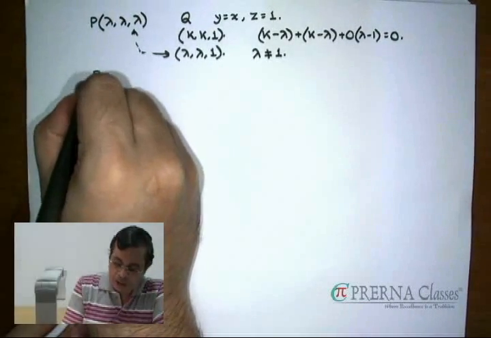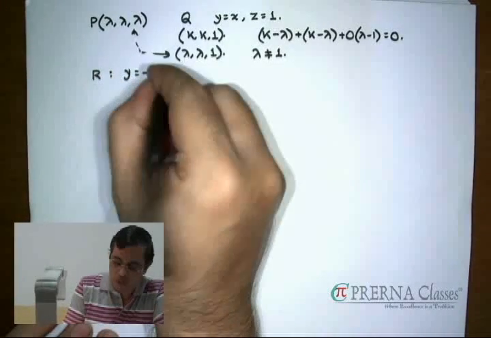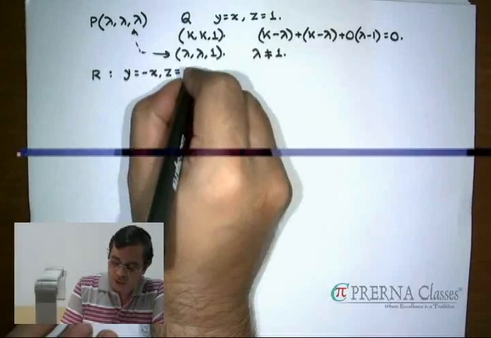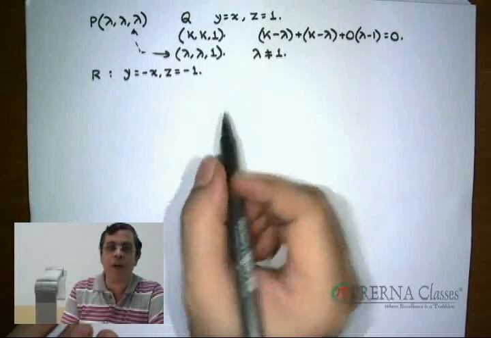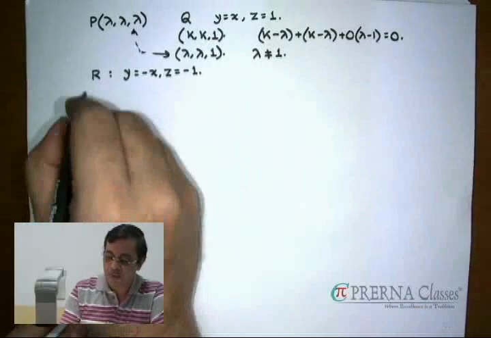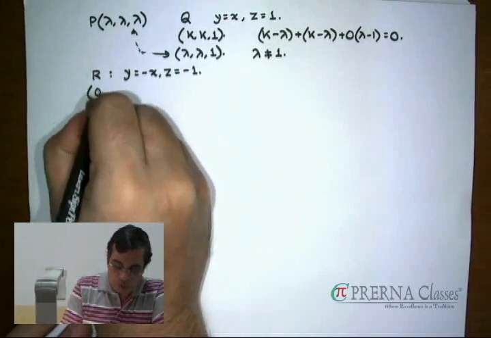If we consider the point R, that was specified as being on the line y equal to minus x, z equal to minus 1, and PR needed to be perpendicular to this line. Following a similar logic as this, we get the point R now to be equal to